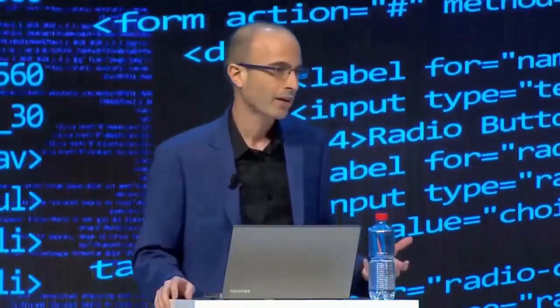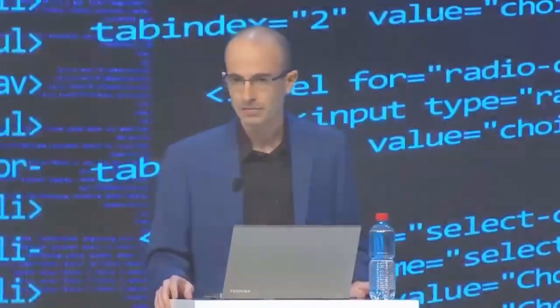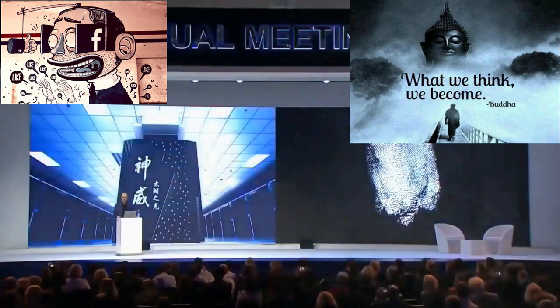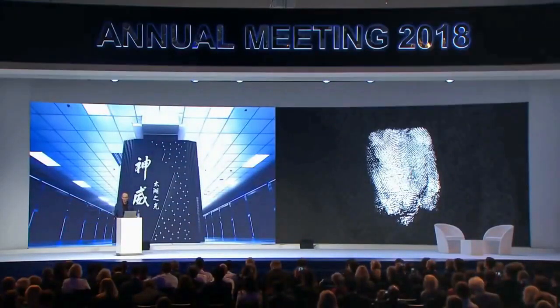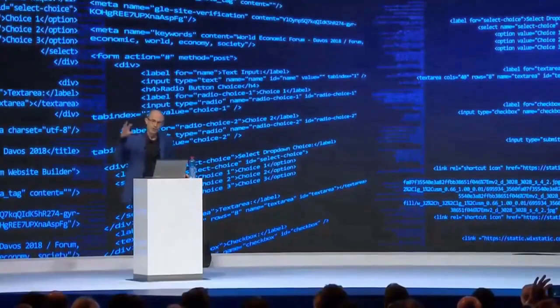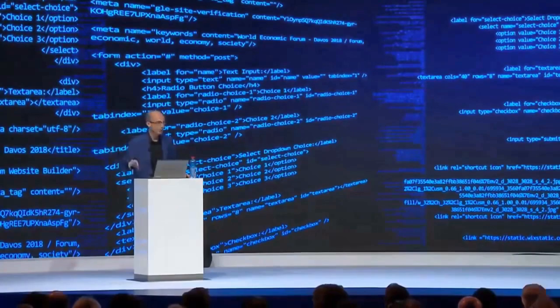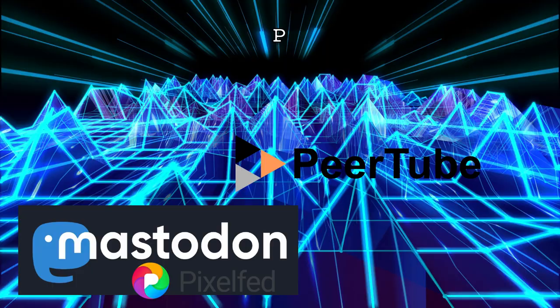We've reached the point when we can hack not just computers, we can hack human beings and other organisms. You need two things. You need a lot of computing power, and you need a lot of data, especially biometric data. Once you can hack something, you can usually also engineer it.